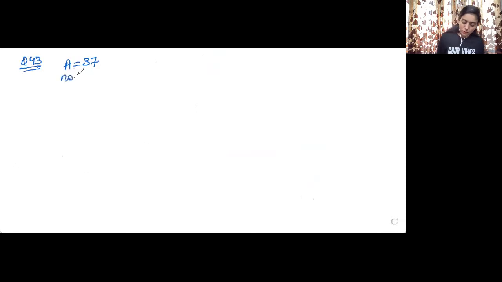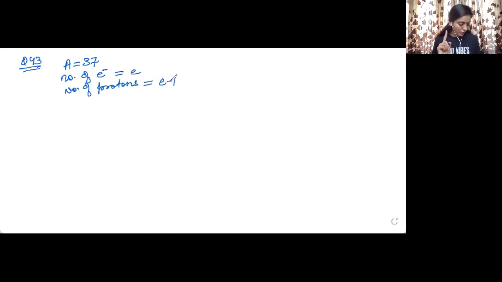If I say the number of electrons is equal to E, and the number of protons, now, if it has 1 negative charge, this means the number of protons will be lesser than the number of electrons. Or we can say the number of electrons will be more than the number of protons. With 1 unit negative charge, there will be a difference of 1 between the number of electrons and the number of protons. So the number of protons will be equal to E minus 1.